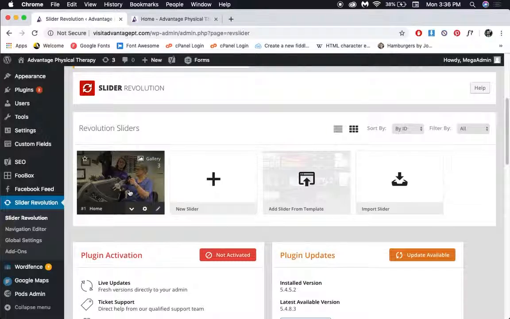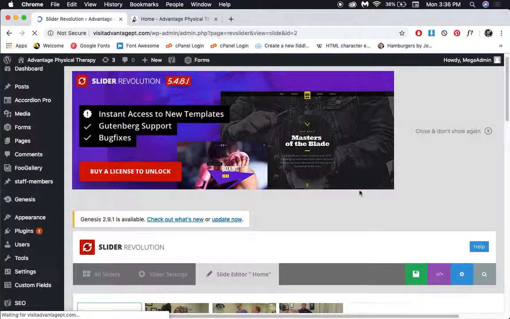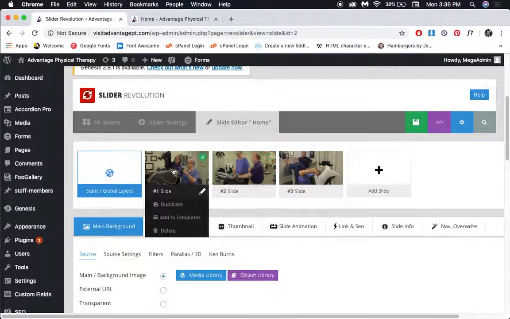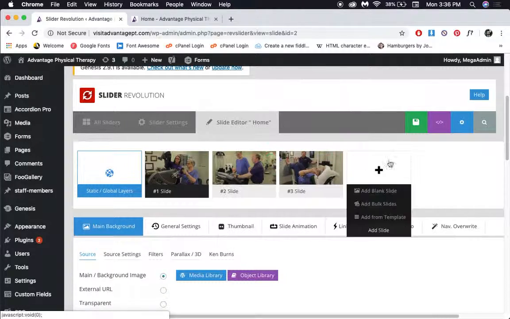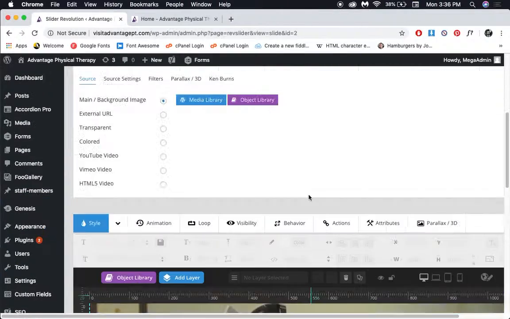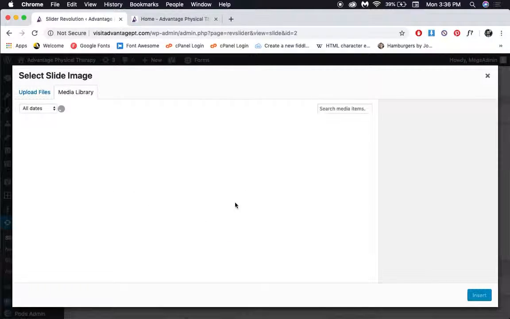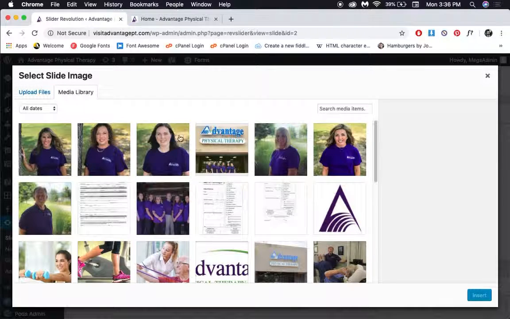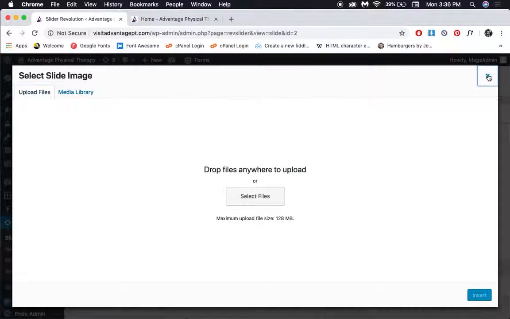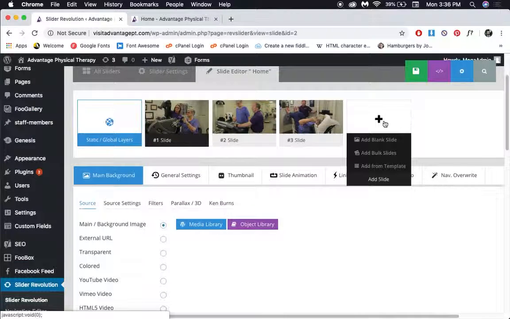So if you ever want to edit that, you click here. You see we have these 3 photos on your website right now. You can change what photos those are by clicking Media Library, and you can switch it out for another photo you already have uploaded on your website, or you could upload a new file. You could add a new slide if you want to add more photos,